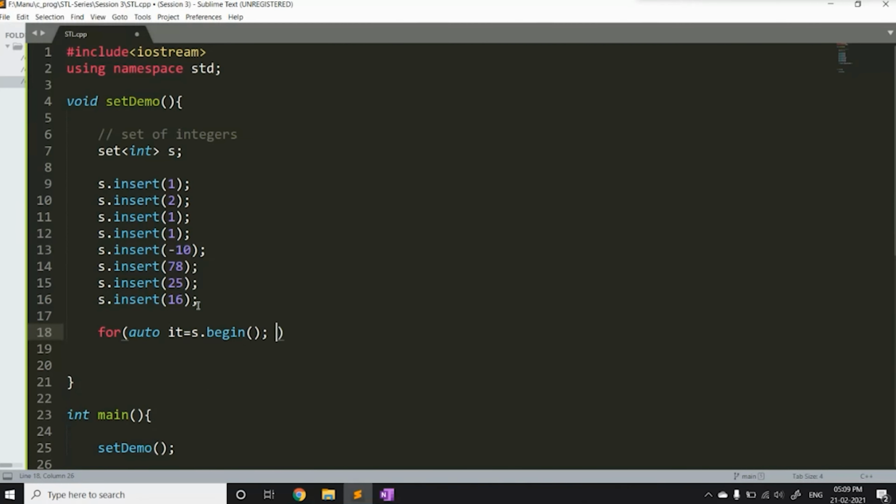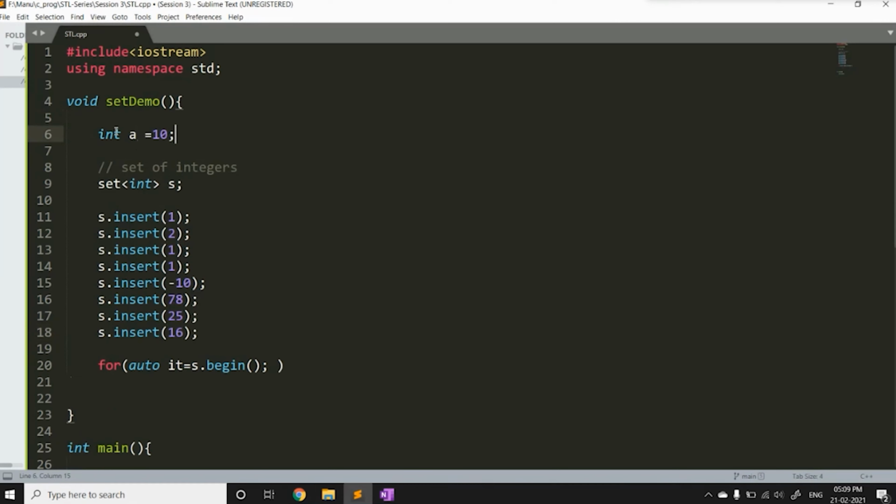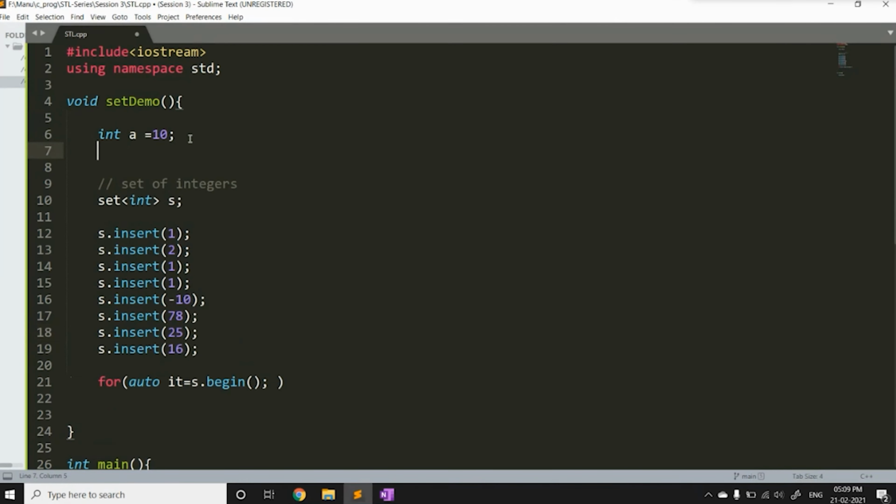So what is this auto? The auto keyword was first introduced in the C++ 14 version. Usually, if you want to declare an integer, say int a = 10, you have to first declare what a is. But if I write int a = "b", this will throw an error, because on the left hand side I have said that a is an integer, and on the right hand side I am giving a string.